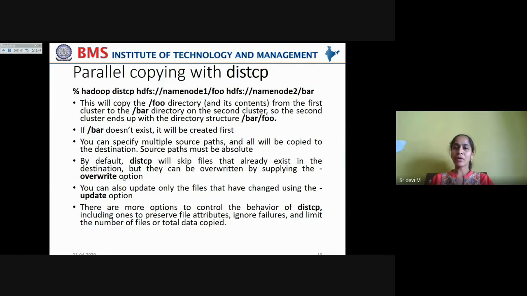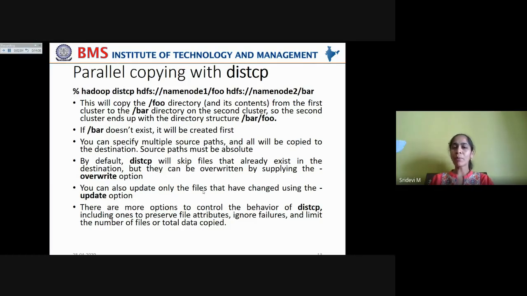If the files already exist, distcp will skip them and not overwrite. But if you want to forcefully overwrite the existing files in the destination cluster, in the destination namenode, you can use the -overwrite option.